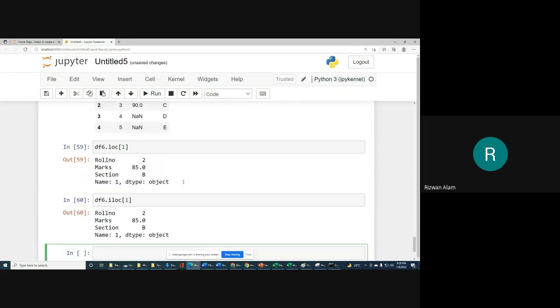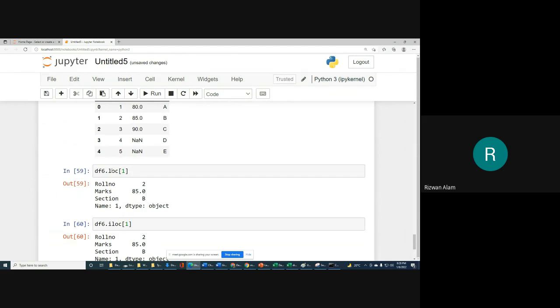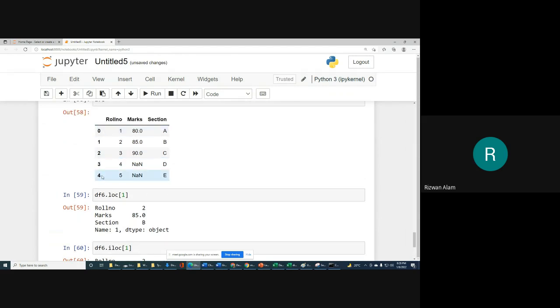But what is the difference between loc and iloc? We use loc whenever we have customized indexing for our row numbers. For example, if we have customized our row numbers with A, B, C, D in place of 0, 1, 2, 3, 4, then we use loc and write that customized row label.